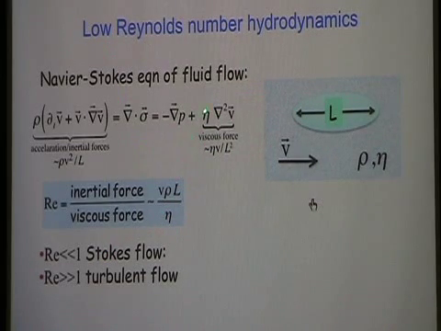If the Reynolds number is very small, you are in the regime where inertial effects are essentially negligible. And essentially, you can describe the flow by setting the left-hand side of the equation to zero, just looking at the flow in the limit in which the gradient of the stress is equal to zero. The opposite limit, where the Reynolds number is very large and inertial forces are large compared to viscous forces, is the limit for which, for instance, you get turbulent flow in fluids. You can get turbulence behavior and so on.